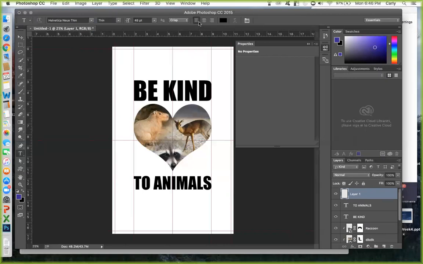So I've been on left align, and I'm going to center align because I'm making a website URL that's going to be at the bottom of my page, and it's going to be much smaller, and it's not going to be big enough to reach these guidelines that I've made. So I'm going to go to my center align tool. I'm going to place my cursor right there on the center guideline that I drew. And I'm going to type